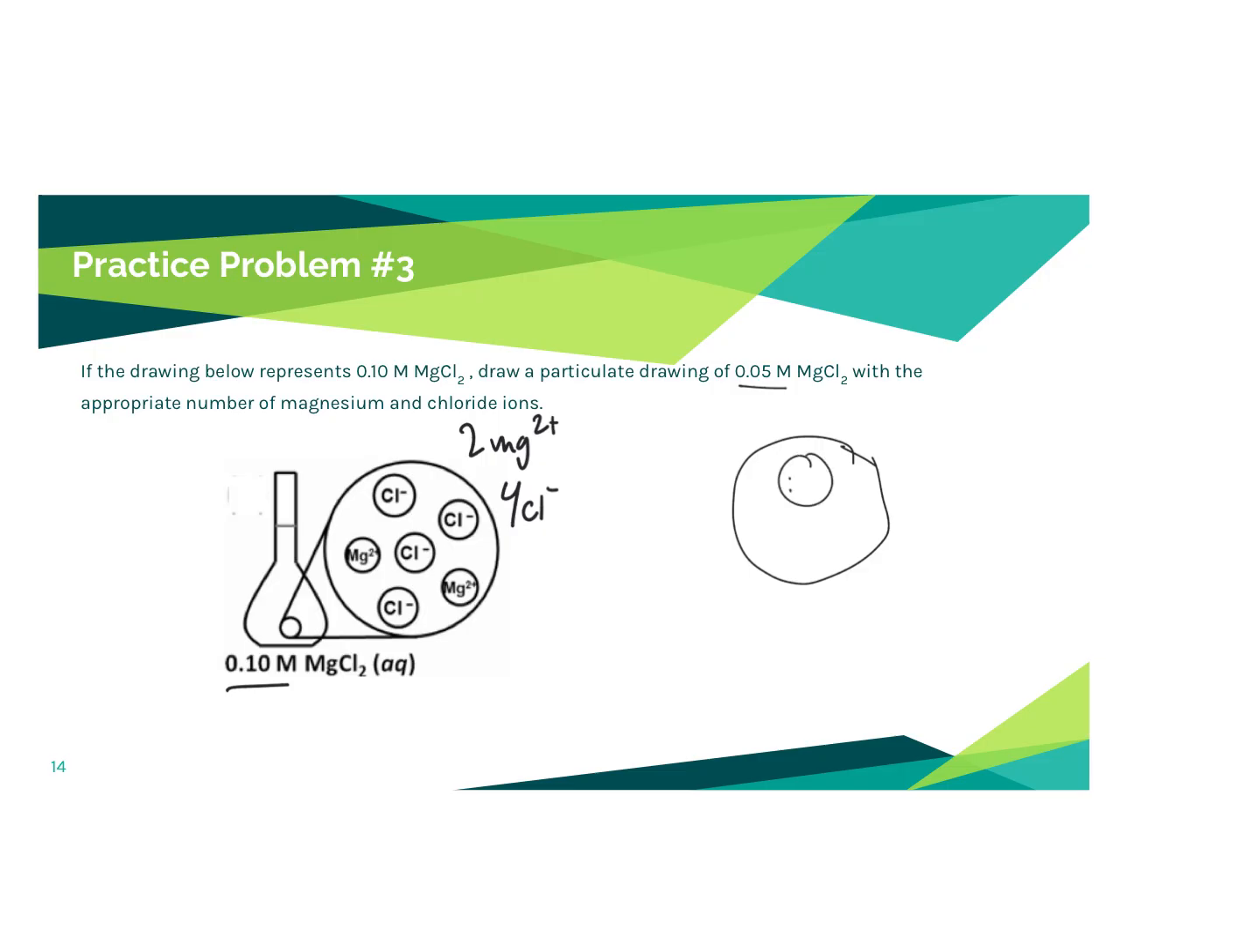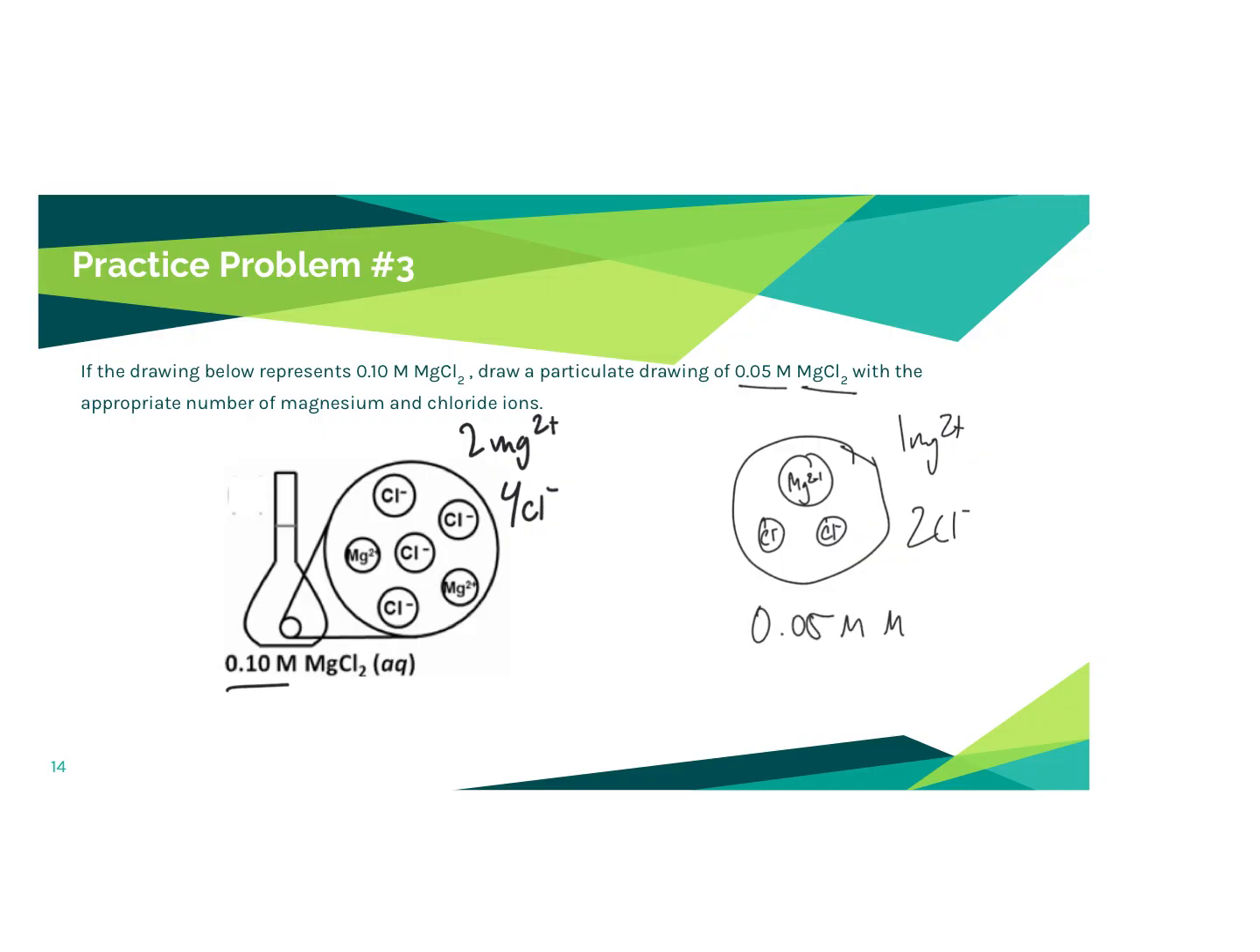I should have 1 Mg2+, and I have 4 Cl- in my 0.1 molar case. And so in this case, I should have 2 Cl-. Right, so I'll have half the ions as before because my concentration is split in half. And I remember that it's MgCl2, so for every 1 magnesium, I should have 2 chlorides. So 1 Mg2+ and 2 Cl-. And so if I'm trying to do a particulate diagram, this is how I would describe the particulate diagram of